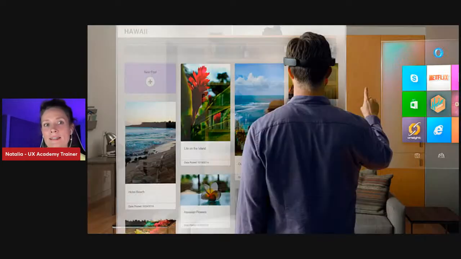Another example in UX design can be virtual reality, right? It's not always on your cell phone or your devices. We are going further. Technology evolves every day, and we can meet virtual reality more and more in daily life. You know about the metaverse and how much they are doing around the virtual reality world.